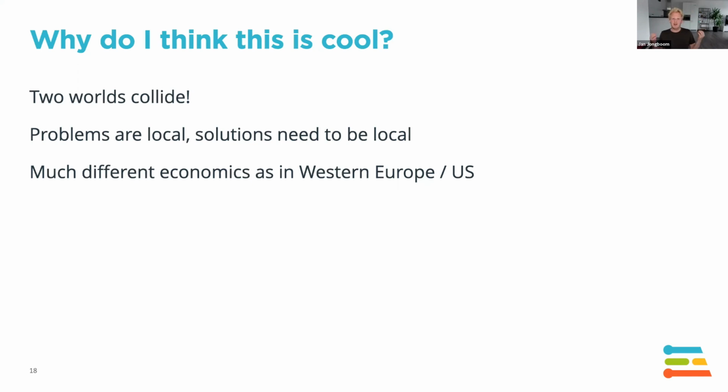But a person living in the Netherlands, or someone in the committee living in the United States, has not really an idea of the real problems that society faces in East Africa, right? These problems or opportunities that you have there are local, and thus the solutions need to be local too. The only thing that we can do, hopefully, is give tools to people in the community, and then they can take it and actually run with it and build something really, really cool.